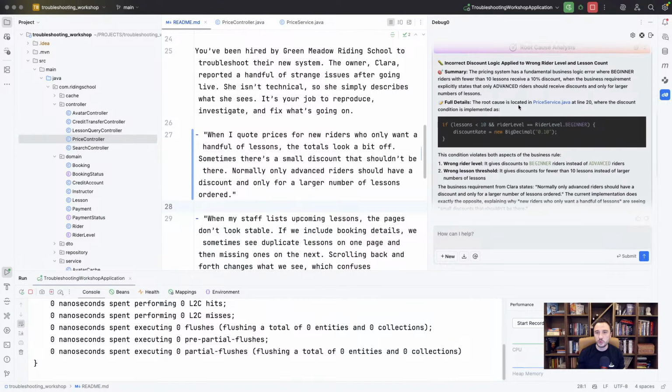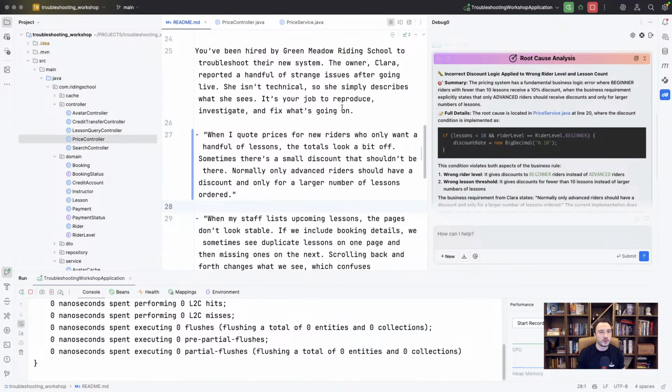So what you do now, you can solve it as a developer, but if you are vibe coding, which I don't recommend all the time, you can actually provide this response to Junie and say, hey Junie, I have this problem, can you solve it for me please? And then Junie will say, yes, of course I can solve it for you. But look, this was exactly